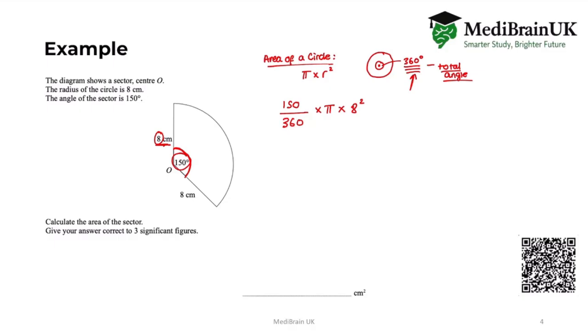And we're just going to multiply that by the area of a full circle, and the area of a full circle is pi r squared. So we're going to multiply by pi, and then by the radius squared, 8 squared, because the radius is 8. You can just type this into your calculator. If you do 150 over 360 multiplied by pi multiplied by r squared, that's going to get us an answer of